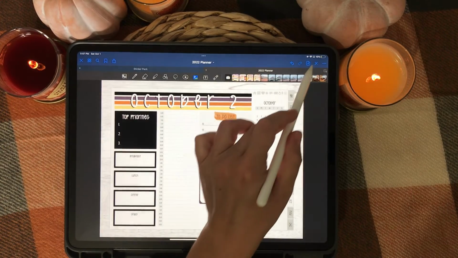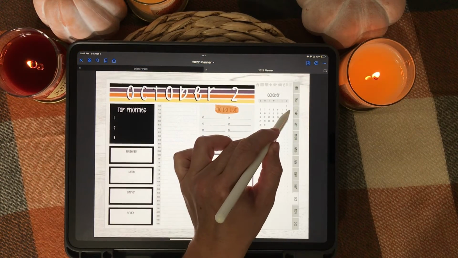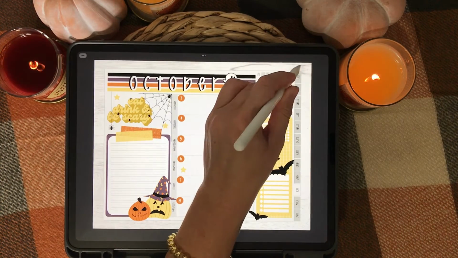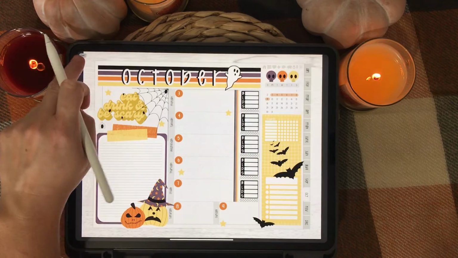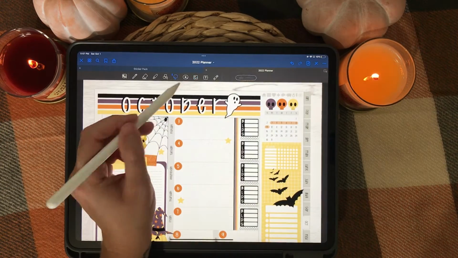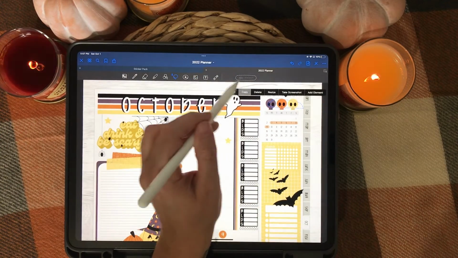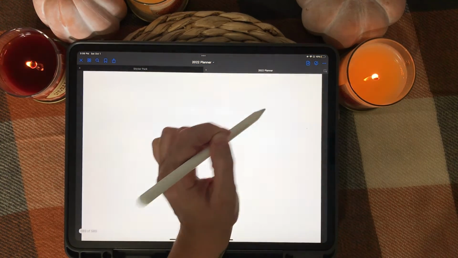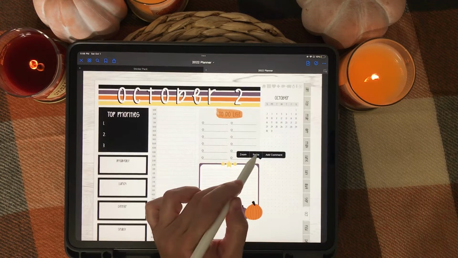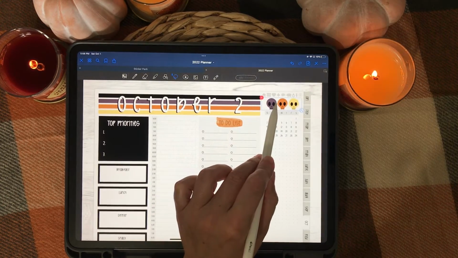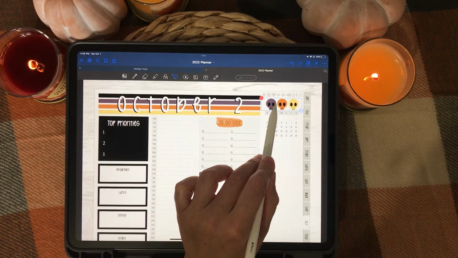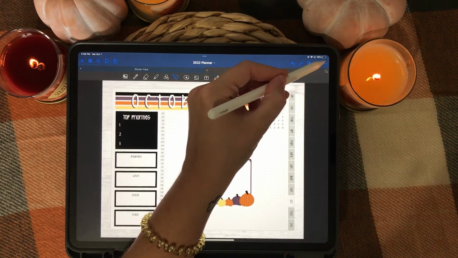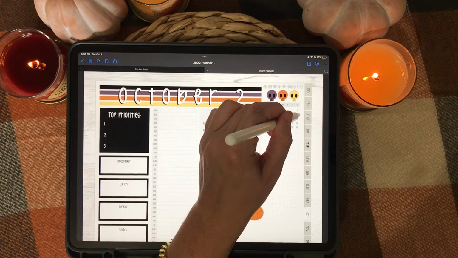I am going to go back to my weekly layout. If you remember, I have these hidden links on the side. I'm going to take these and paste them into the second here. Going to hit paste and put this up there. It's nice and cute. Another thing I want to do actually is come back and tap,